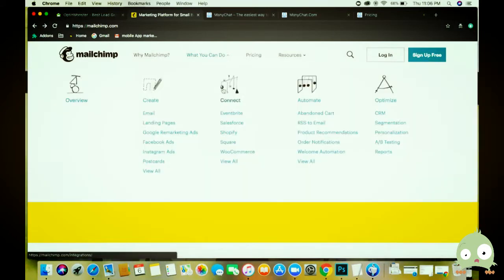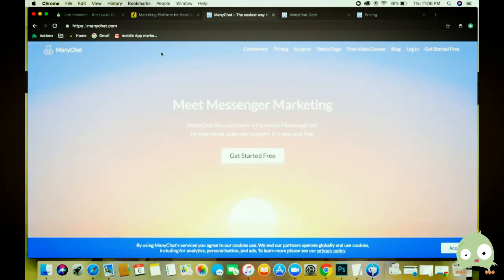The third one, which I want to actually highlight, is called Manychat.com. Okay. Manychat.com is a Facebook Messenger bot, and it monitors the Facebook messages for your business, and will then auto respond to those comments on your Facebook page. For example, if you have a lot of comments or a lot of engagement happening on your Facebook page, you can link your Facebook page, and then the Manychat bot will auto reply to those messages. Okay, so it will work 24 hours. So I'm sure that even if you're sleeping,